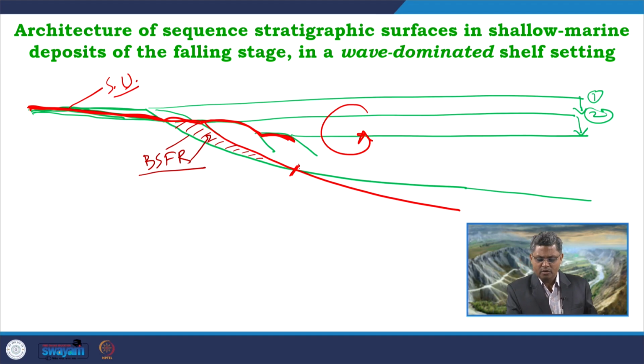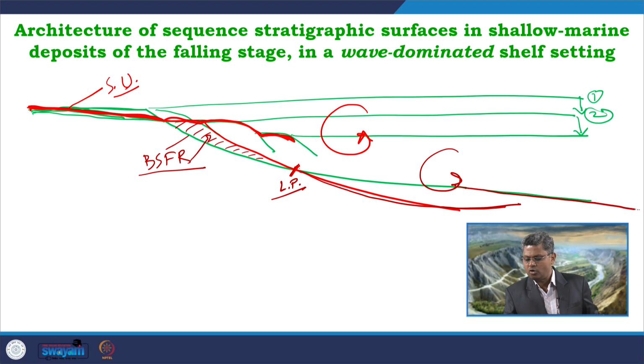Beyond this point, which we call the lever point, we are getting a new substrate formed. Now, this erosional surface, this wave equilibrium, will have some limit. So, if we consider over here that this is the continuation of the shelf, maybe this equilibrium profile is going on like this. So, below this point we will again get a deposition. So, this is the BSFR surface again, which is preserved in the shelf area.